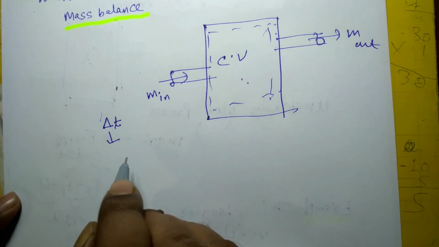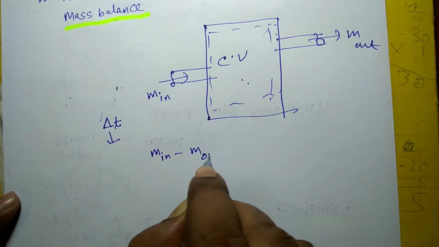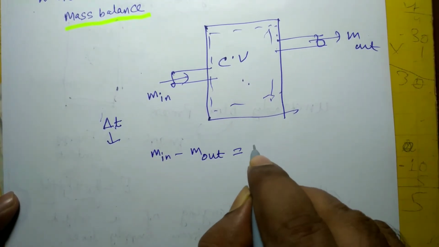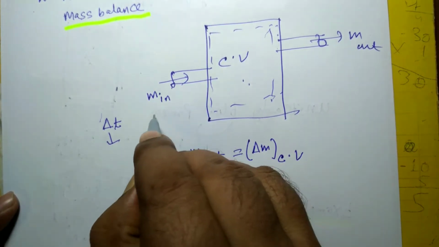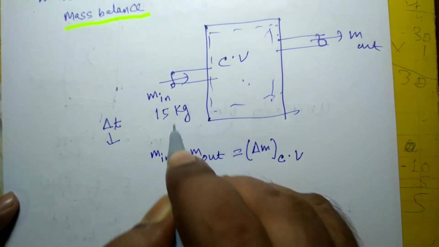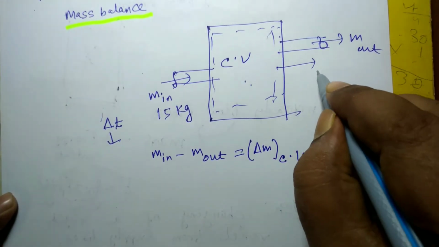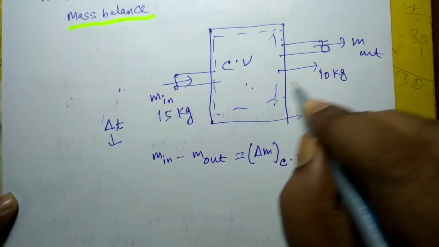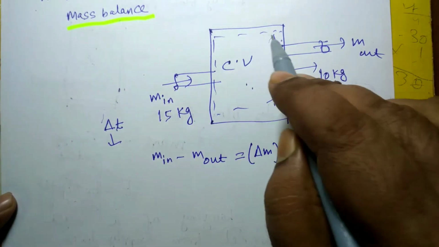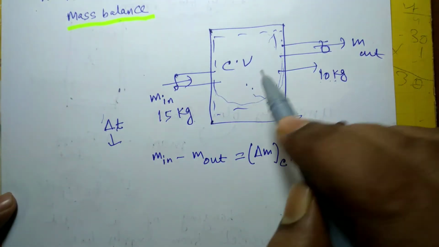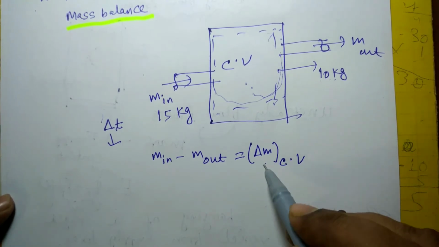So suppose the mass balance will be m in minus m out, according to the principle of mass balance, is equal to delta m of CV. Suppose over a finite period of time, 15 kg of fluid enters into a control volume, out of which 10 kg leaves the control volume. Then 15 minus 10, that is 5 kg, contributes to the increase in mass of the control volume. In this case, this delta m is not 0, but in case of steady flow process, delta m is 0